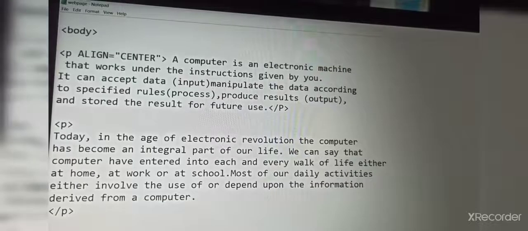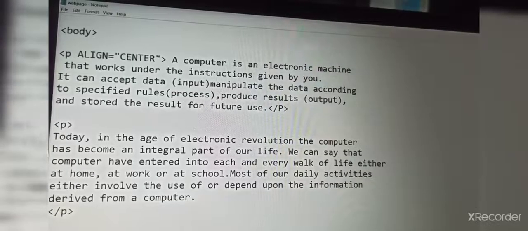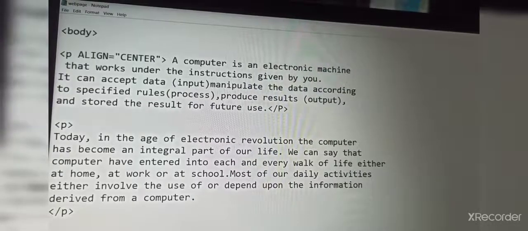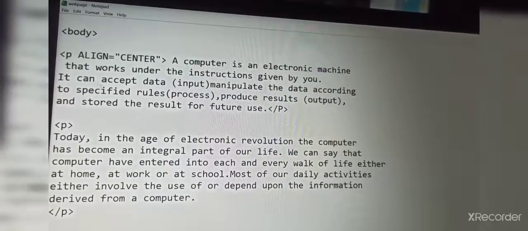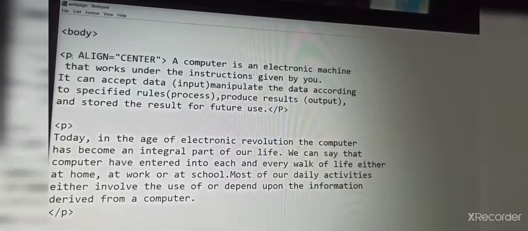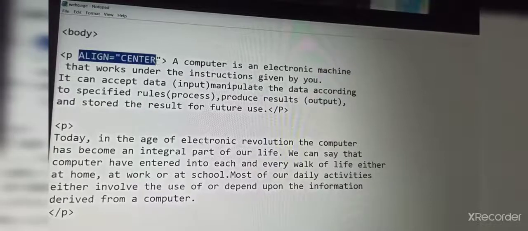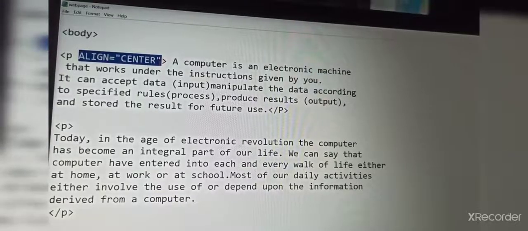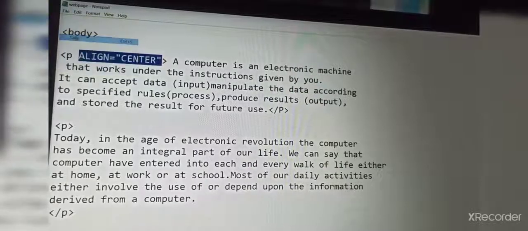Now we are going to see changing the paragraph alignment. You can change the alignment by giving center, left, right or justify. So I have given the upper paragraph alignment center. Now we will see what will happen after saving it. After saving this, the first paragraph will appear in the center only.